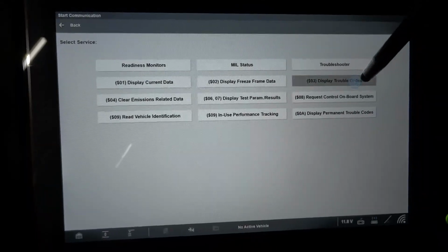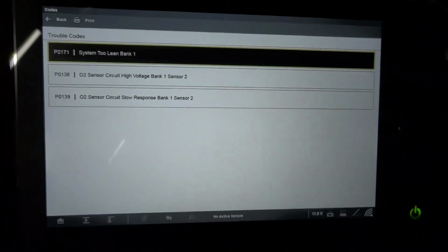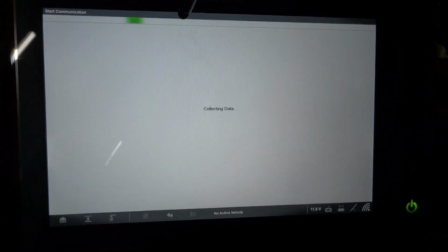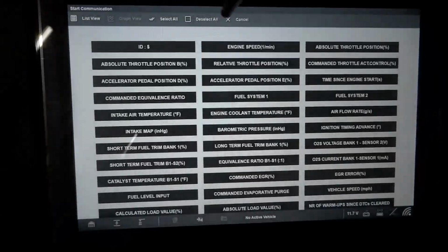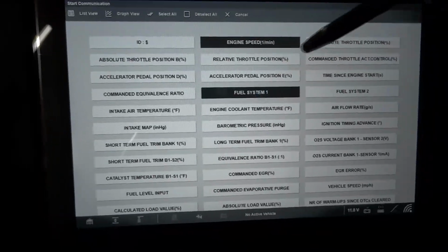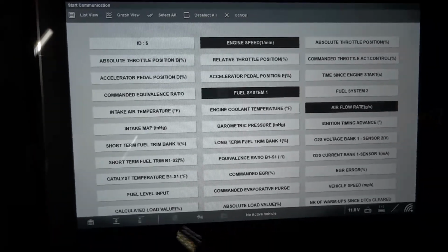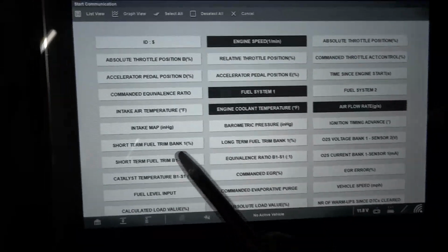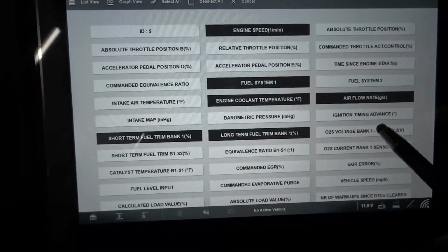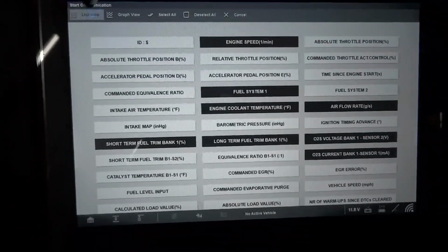So we can look at the trouble codes again, just to double check. So we have the same trouble codes here. So now let's go to data display. So we're gonna click on display current data. So we're gonna customize this list. We're gonna grab our engine speed. We're gonna grab our fuel status. We're gonna grab our mass airflow sensor grams per second data PID, our engine temperature, our fuel trim, okay, short term and long term, our O2 sensor data PIDs. All right, so that's all I want to look at. So we're gonna list these data,